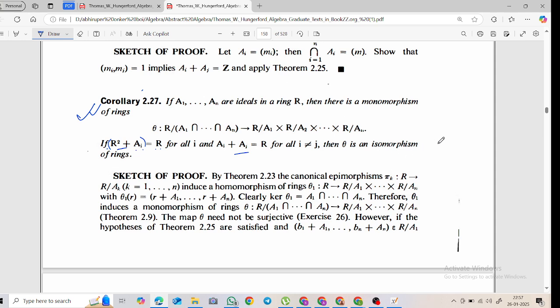Also looking for it. What does R square plus